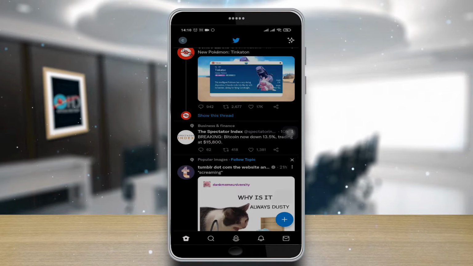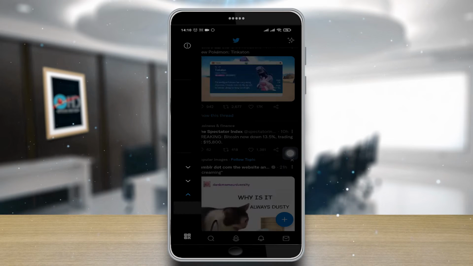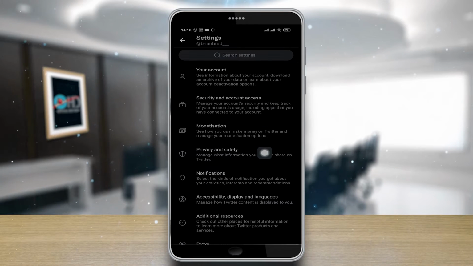Now you will need to head over to your account settings. Tap on your profile here and then head over to settings and support, and again settings and privacy. From here, tap on your account